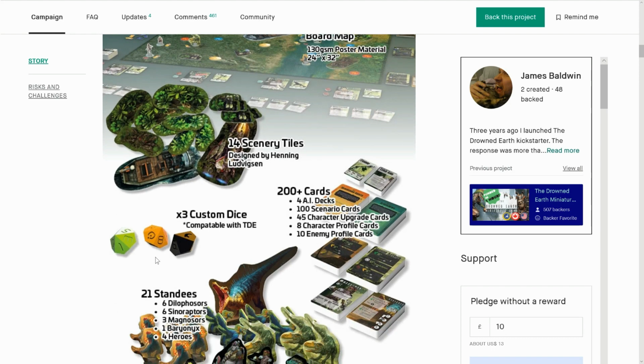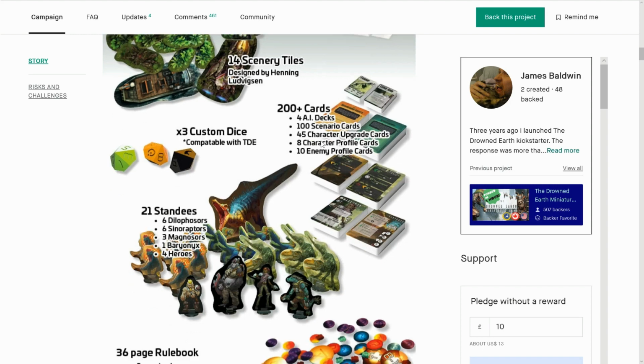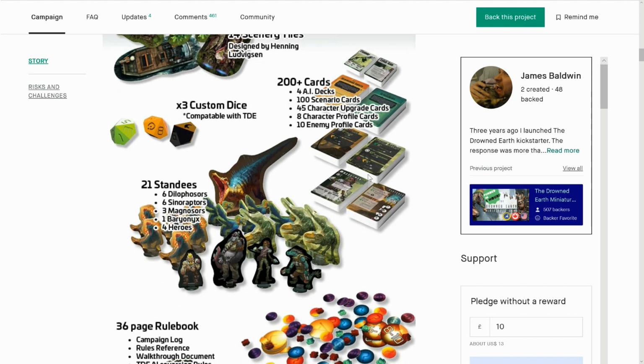Some nice custom dice here. And the decks of cards, a lot of the scenario cards are more like side missions and stuff like that, and they're double-sided as well, which is cool. And I do love the equipment cards that you're getting in here. The Kickstarter could do more showing off more of the card art, because it does look very, very nice. The standees here